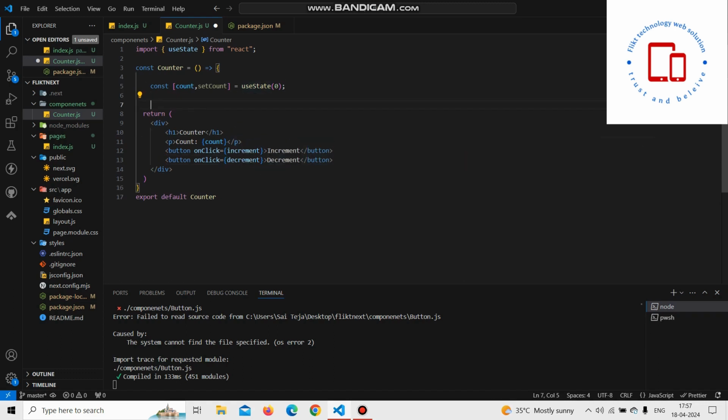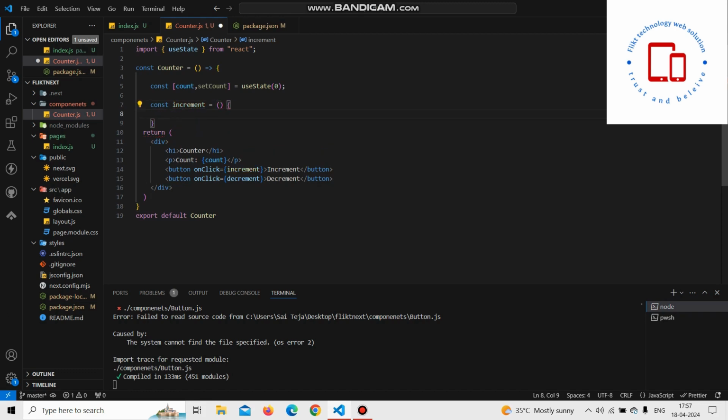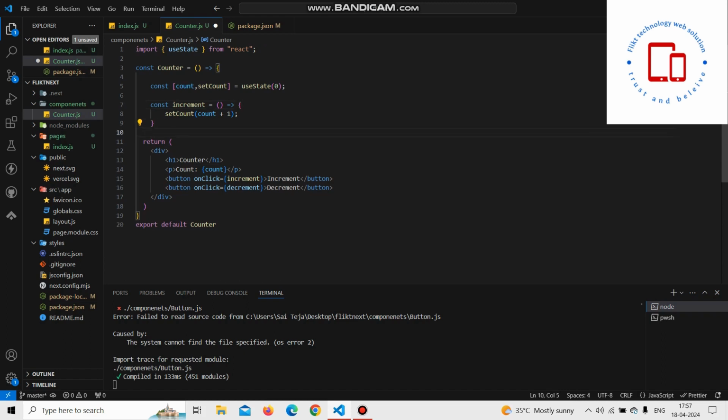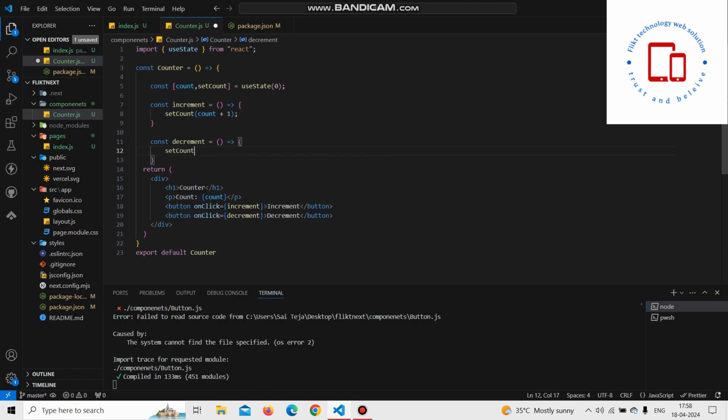Next I am going to create a function for increment. const increment = setCount(count + 1), and const decrement = setCount(count - 1). Like this, we want to create a counter app using state,